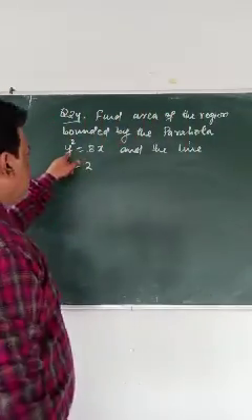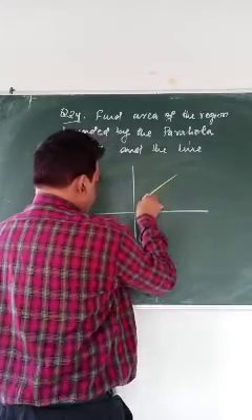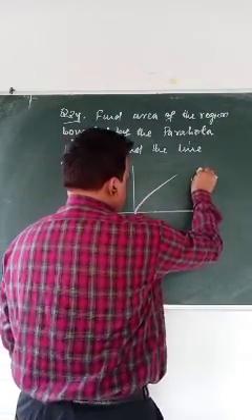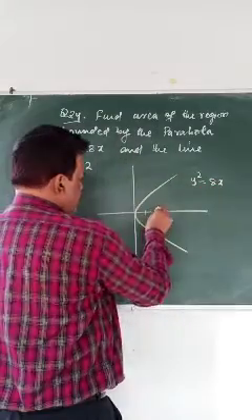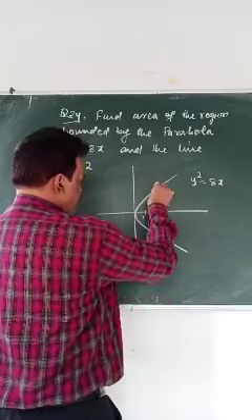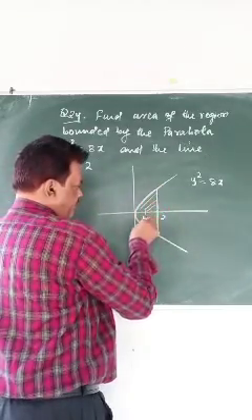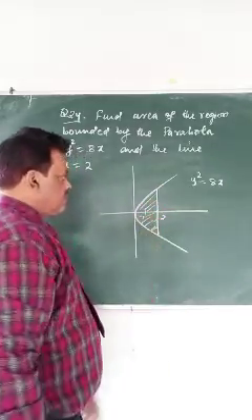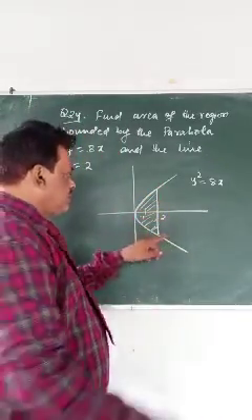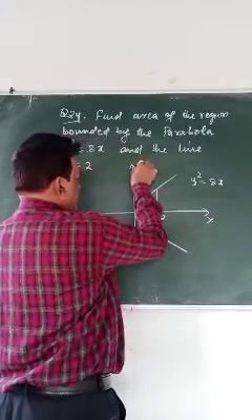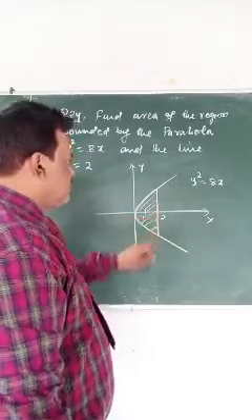Say y square is 4x, so simply you sketch a graph here. Suppose y square is 8x, then x equals to 2. Draw a line. So what you find? Two parts. I have told you parabola is symmetrical about the axis, so this is symmetrical about your x-axis. Okay, because closed with x-axis. So 0 to 2, 2 times the area.